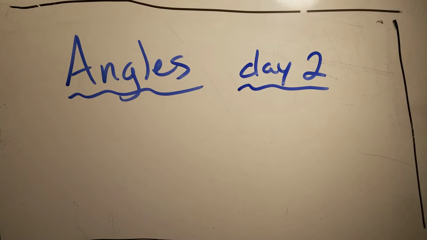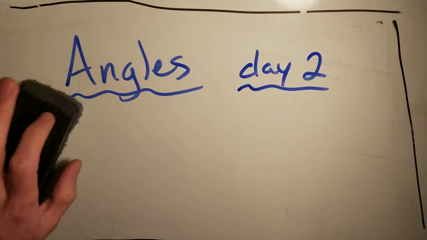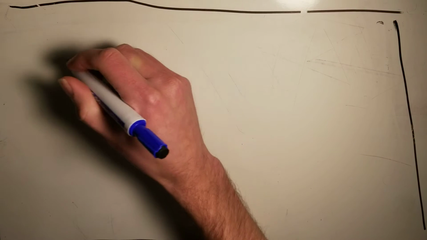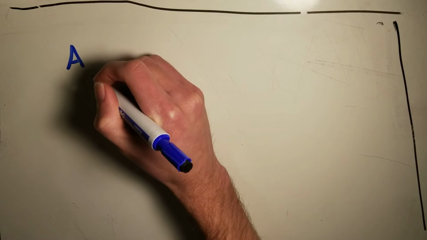Hey guys, today we're going to continue with angles, and we're going to talk about two main types of different pairs of angles, and then we'll have a lot of time to practice and make sure we have everything down and feeling good with. Alright, so our first special pair that we have, we call them adjacent